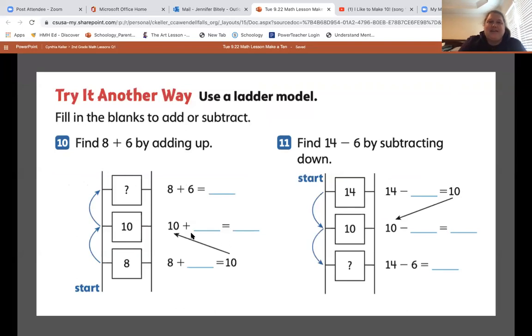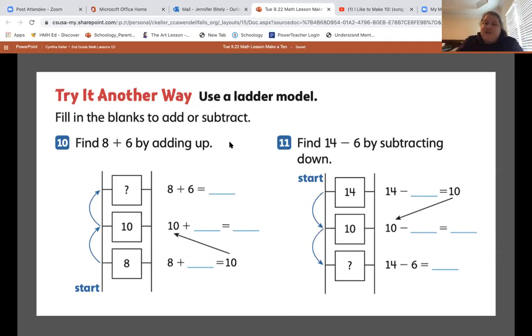Okay, I'm back now. So back to trying again. We're going to use something called a ladder model now. When you think of a ladder, Jack and Jill, they climbed up a hill. So Humpty Dumpty, yeah. Either way, you climb up a ladder. So you go one rung to the next rung to the next rung. And when you use a ladder model in math, it's kind of the same thing.